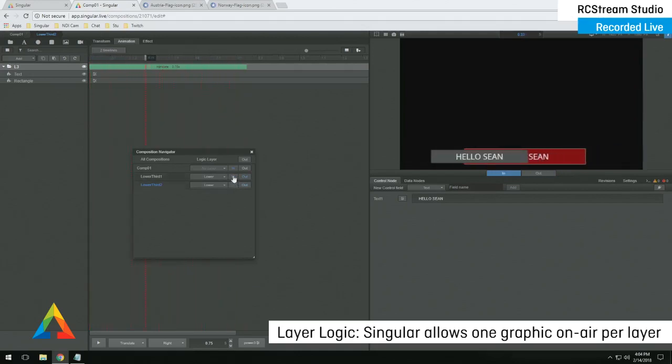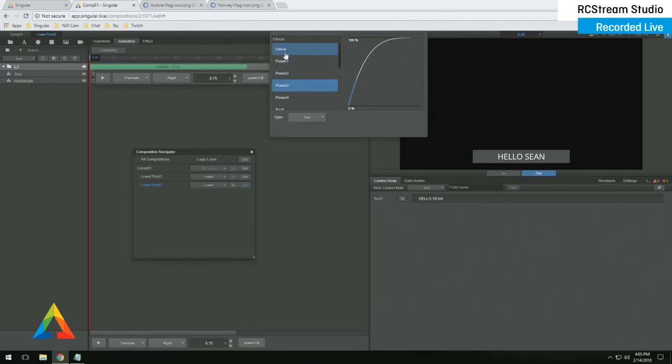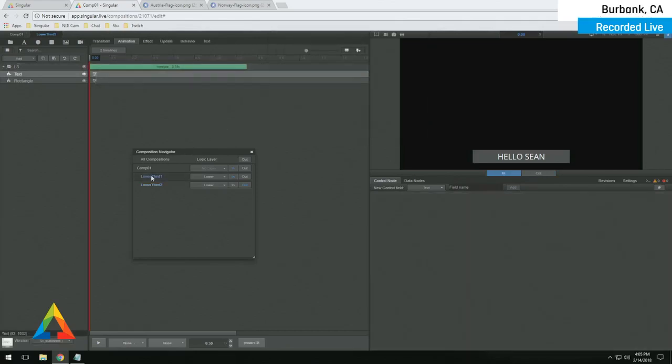It's very, very handy. Defining the layer, which we usually do by region of space on the screen. That's how we've always done that in this business, is we've named our layers by regions of space. So this is a lower third layer. It makes sense to call it a lower. Absolutely. And the logic does not allow you to have two graphics from the same layer on air at the same time. Absolutely. So that velocity curve, if we set it to linear, for example, on both of these two